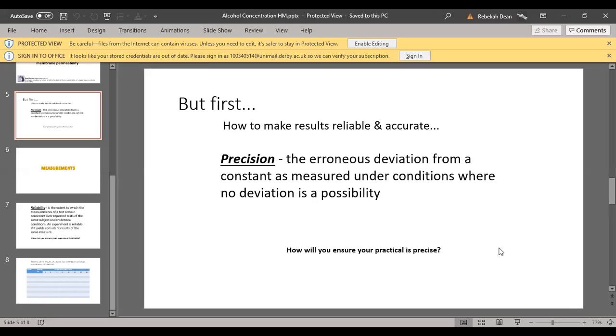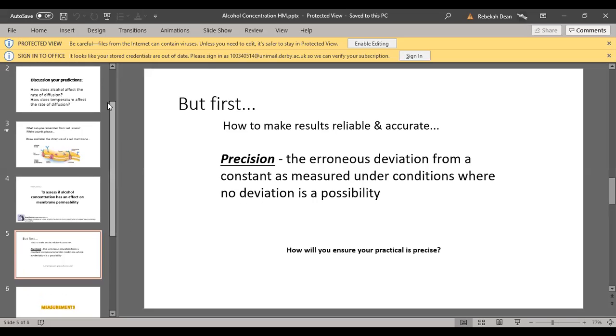So osmosis. We know osmosis is the diffusion of water molecules across a partially permeable membrane from an area of high water potential to an area of lower water potential. Now, the rate of osmosis,